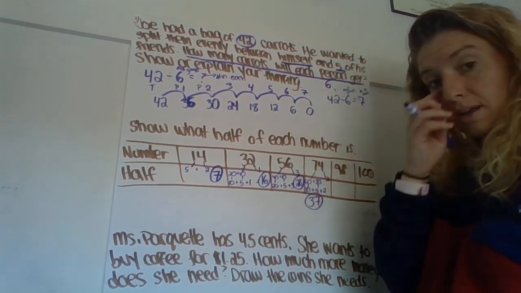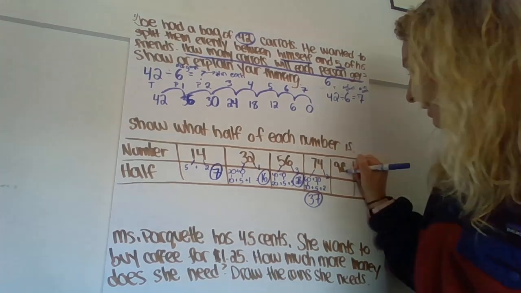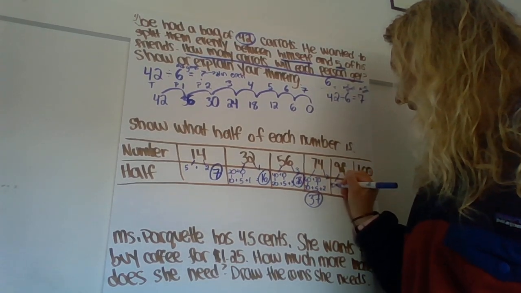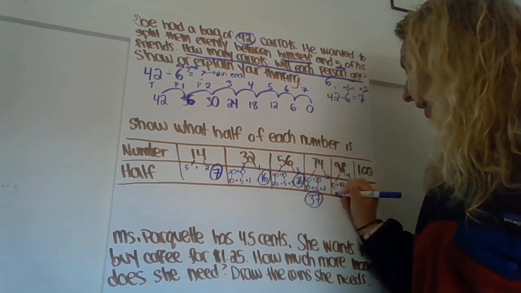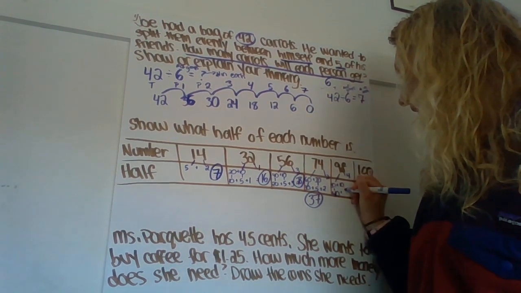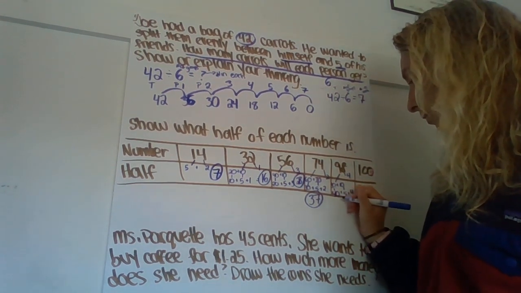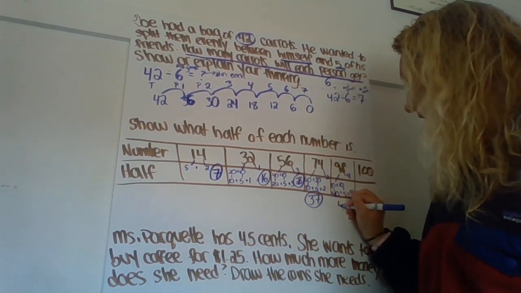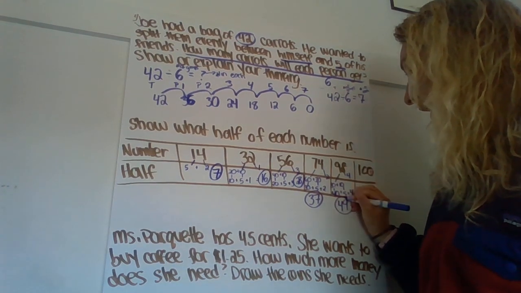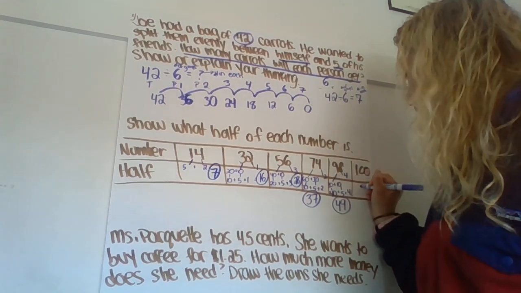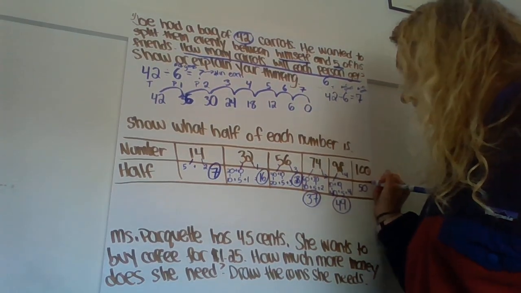30 plus 5 plus 2 equals 37. All right, 98. Half of 8 is 4. 90 is 80 plus 10. Half of 80 is 40. Half of 10 is 5. 4 more. 40 plus 5 plus 4 is 49. Another way to do that might just be that you know half of 100 is 50, which makes sense